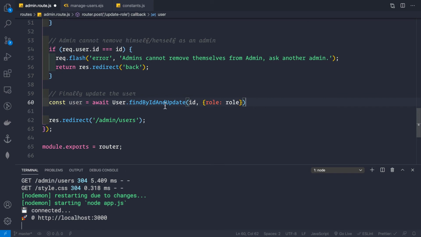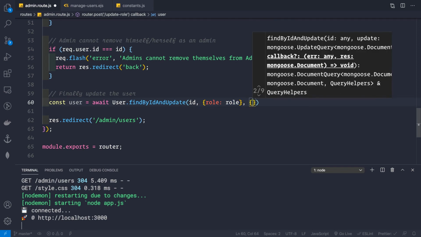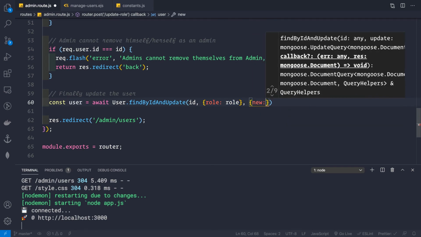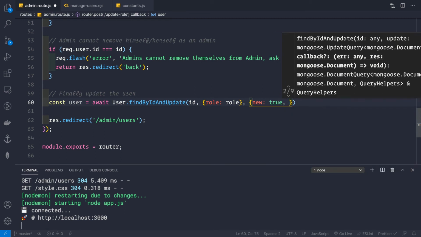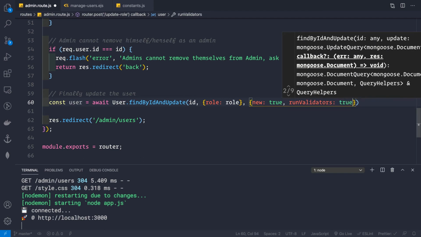And basically this findByIdAndUpdate takes in three parameters, that is the ID itself, the updates, and thirdly the options. So here are the updates, and we are providing only this update here, that is we are only changing the role here, and then the options, and here we'll pass in new to be true, so that the new user object that is saved should be returned to us inside this user here with the updated role, and then runValidators to be true like this.